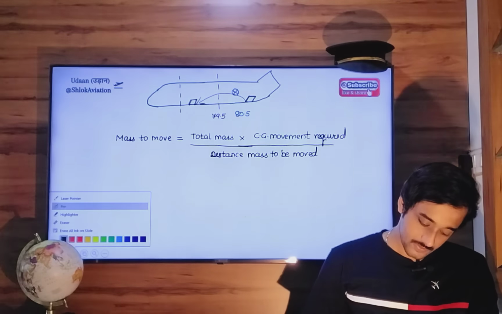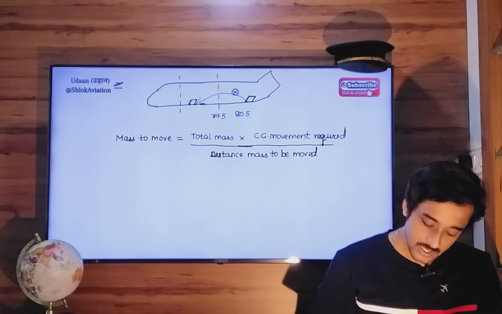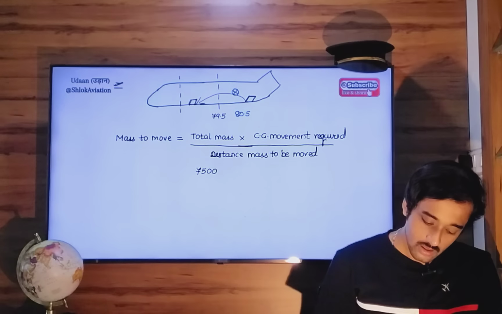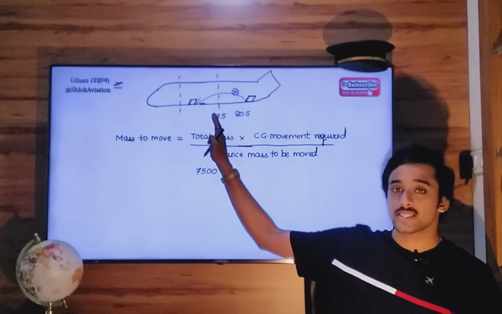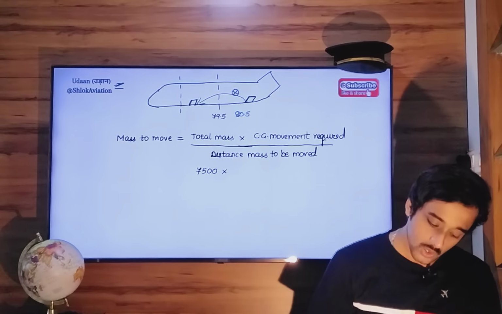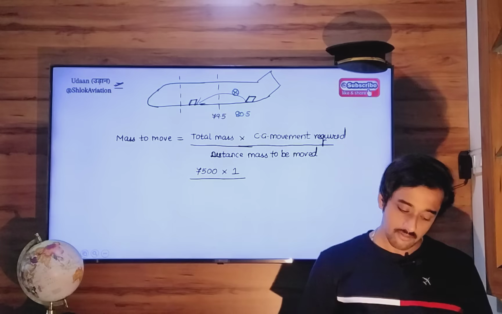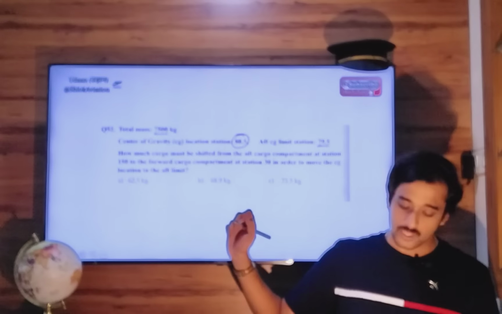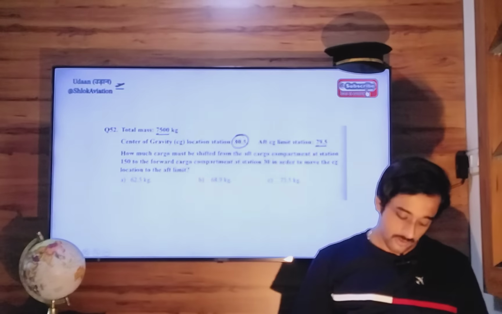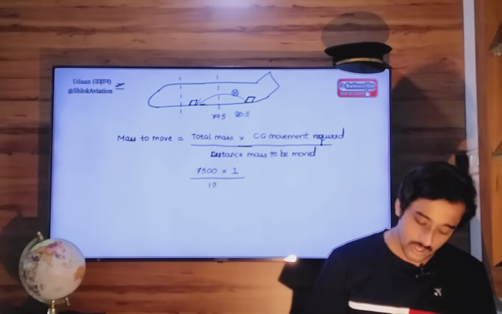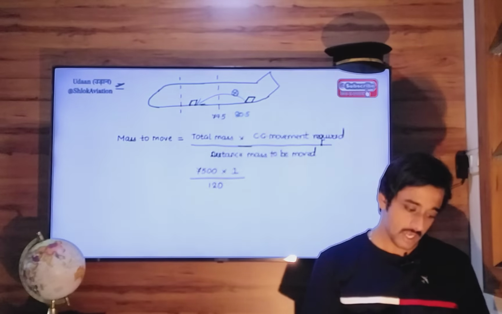Okay, next. Total mass of aircraft 7,500 multiplied by CG movement required. So 80.5 minus 79.5, a change of 1, divided by the distance the mass is to be moved. You have to move this mass from 150 to a new position which is 30. So 150 minus 30 is 120. Now 7,500 divided by 120 is